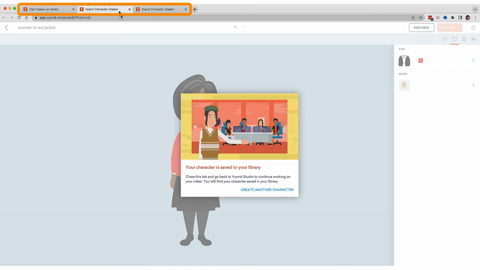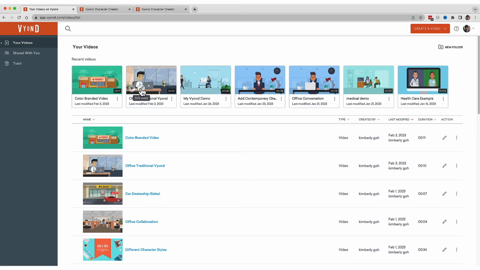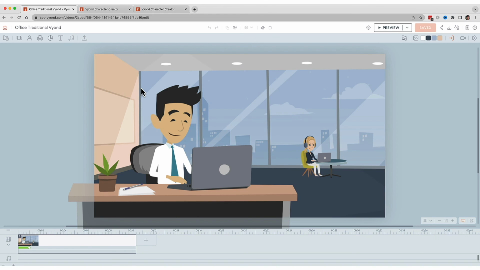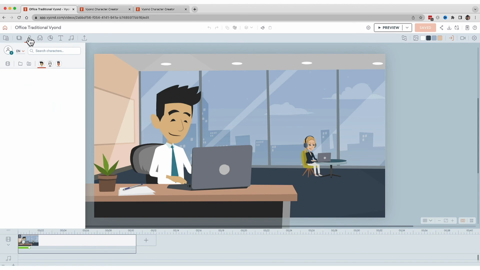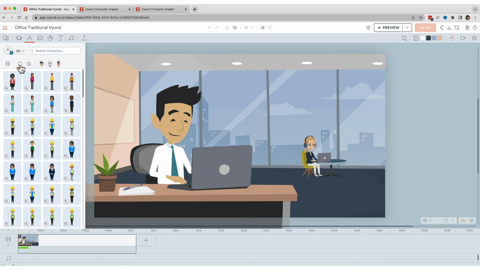To leave the Vyond character creator, just click on the Other Browser tab that contains your home page. Then when you're ready to add your character to a video, click the Character tab, and then click your folder that shows your Vyond character library. Choose the character you want to add,